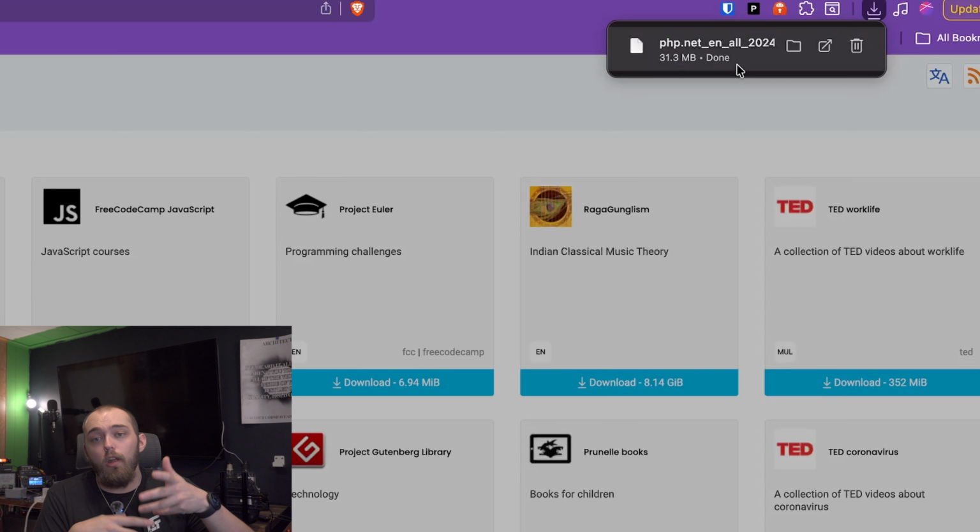Now, there are programs you can use to open the .zim. What I'm about to show you guys is you're able to host your own Kiwix server. Because this is an open source project and their entire point is to preserve as much information as possible, it's not only easy, but it's completely free. And once you have it set up, you're never going to want to go without it. So let me just get into this.